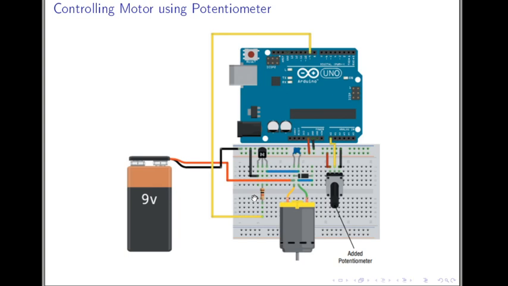Now in the second part of this motor driven with Arduino, we are doing this by using some potentiometer. Say we have a joystick and we are controlling the speed as well as direction of the motor using this joystick. So for that we need again an extra component for Arduino,